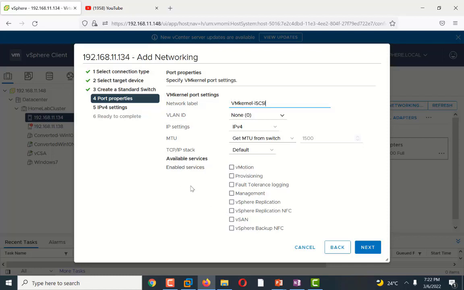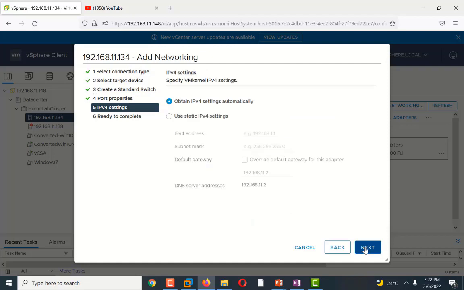Here I will assign an IP address to our VM kernel port, because we should assign an IP address in the same network as our iSCSI target, since we don't need any routing or subnetting between our client and host machine. Basically the initiator and target must be on the same network. So I will assign an IP address in the same series as our target iSCSI SAN.